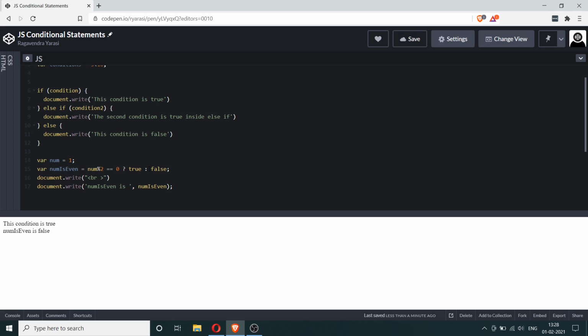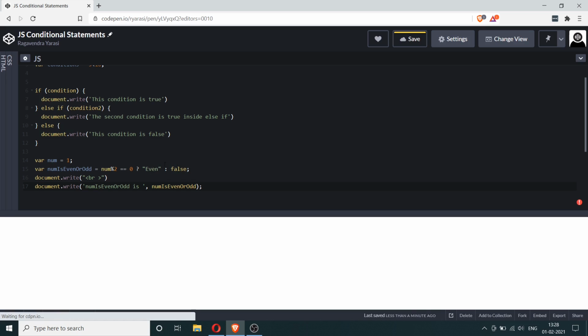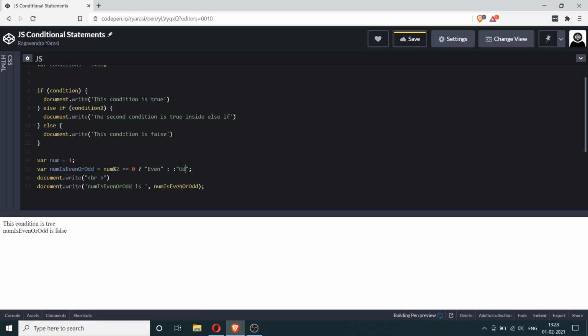Now this may be confusing to have it as false or true. Let's do one thing: num is even or odd. We'll change the name of this variable, and here instead of true or false we'll just say even, odd. So we'll just call it num here.